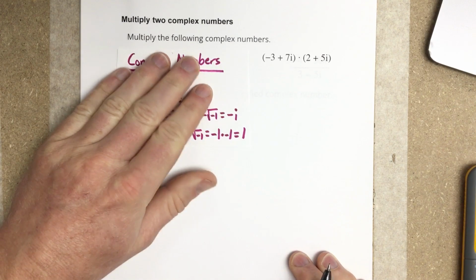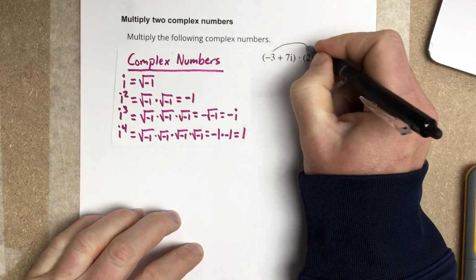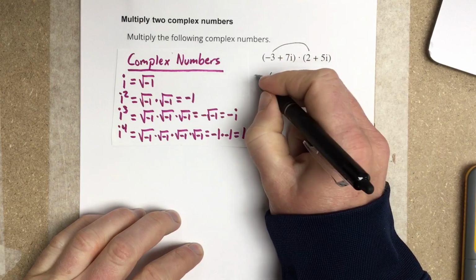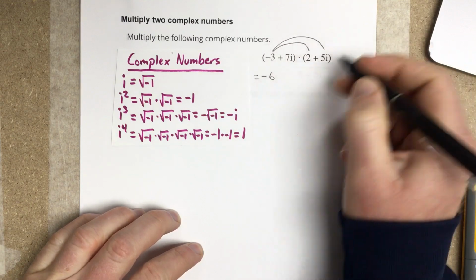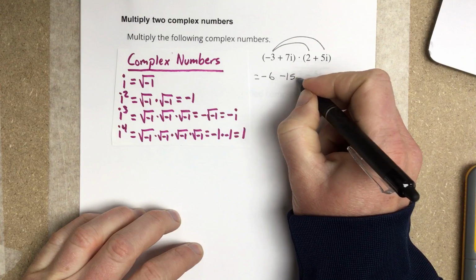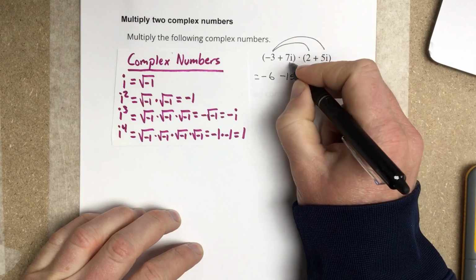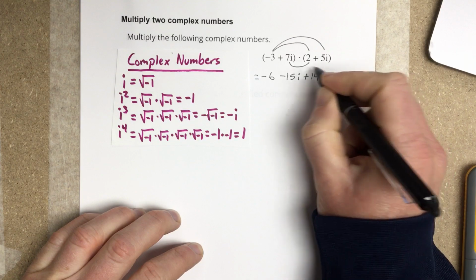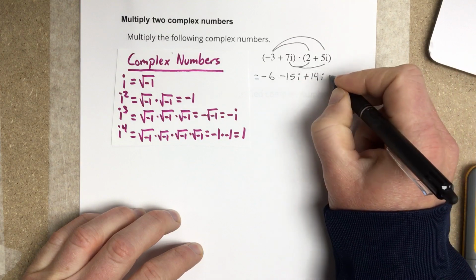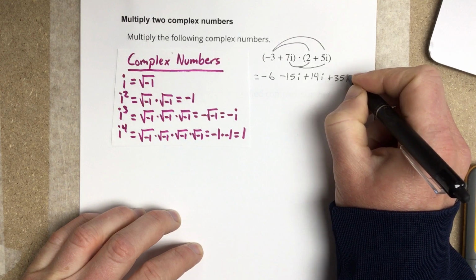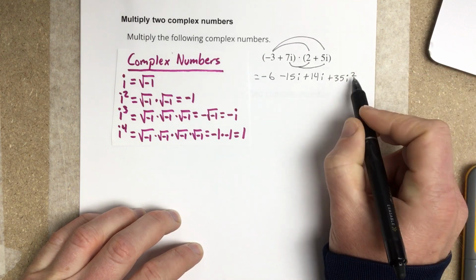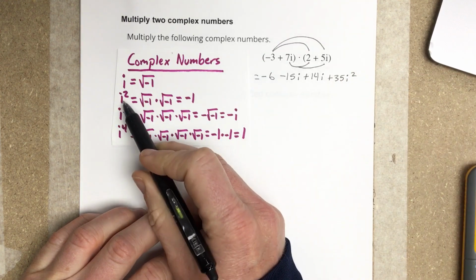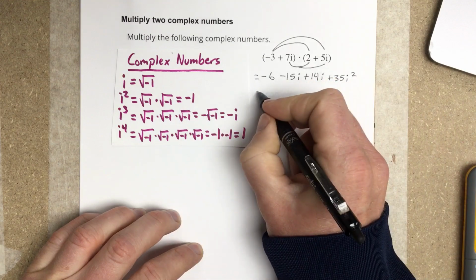Again, we're just going to distribute like normal. So I take -3 times 2, that's -6. -3 times 5i, that's -15i. 7i times 2, that's 14i. And 7i times 5i, that's 35i squared. Again, you'll see that we have this i squared piece. We know i squared is equal to -1. So we're going to end up with